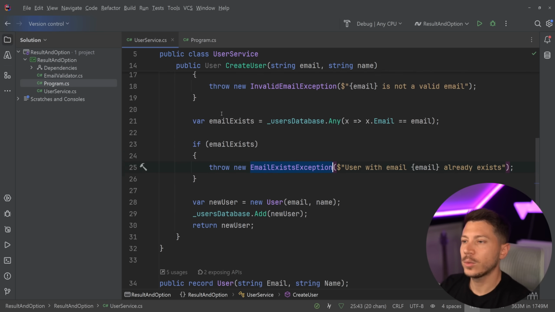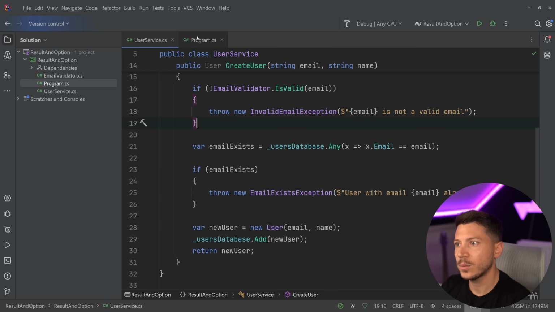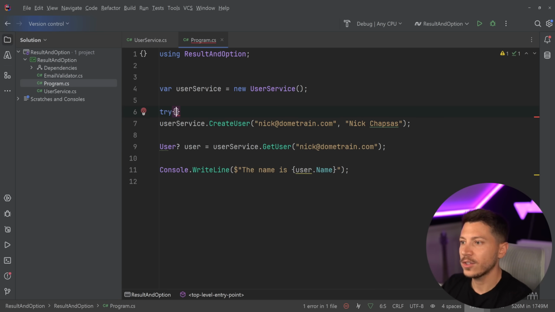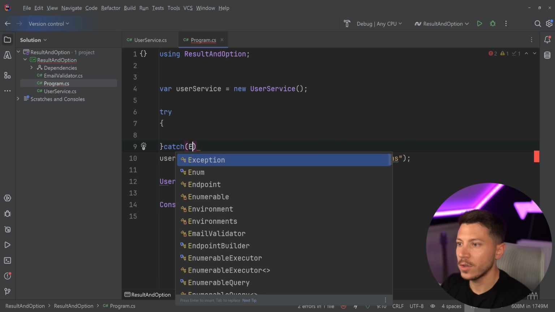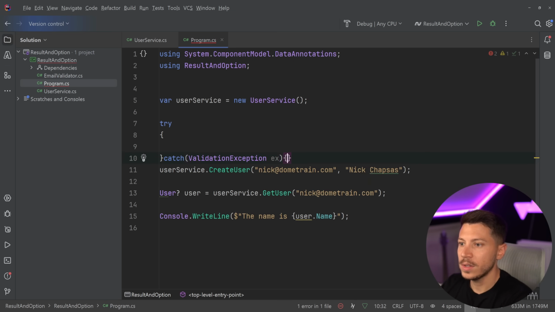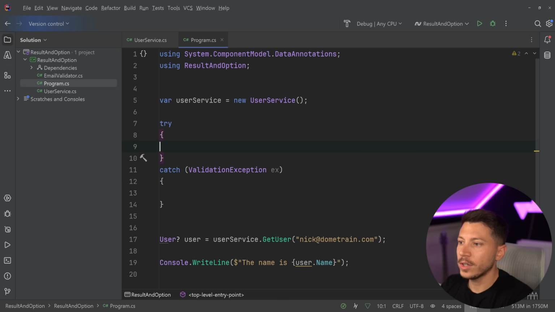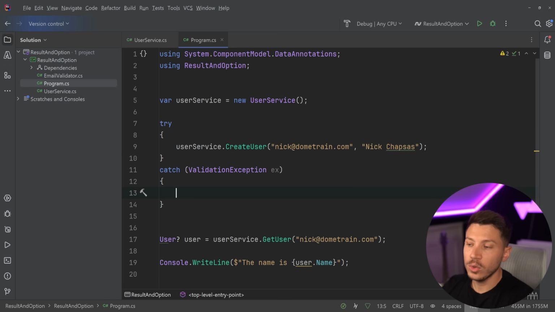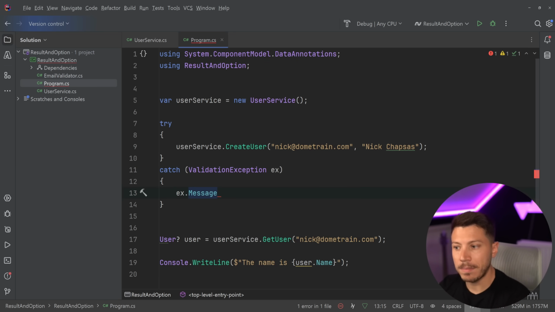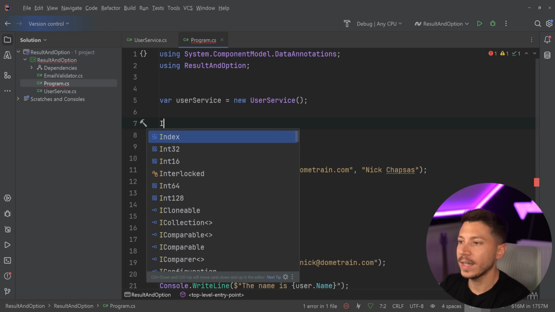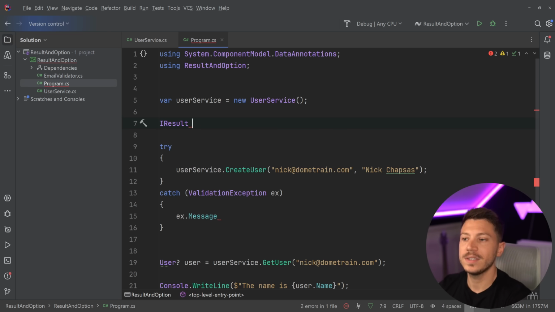But the other problem is that we now have to throw these exceptions that we later have to catch. So we have to say catch validation exception, then try to create the user. And if the user hasn't been created, we catch the exception, we get the message, and then maybe we return a type. Which means that if I have something like an IResult, because this is an API